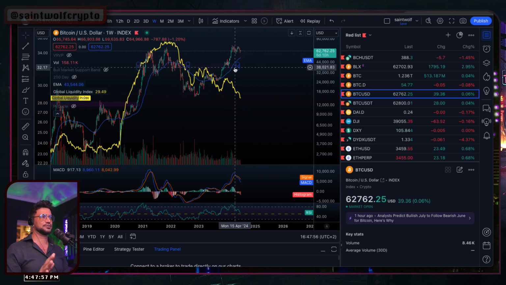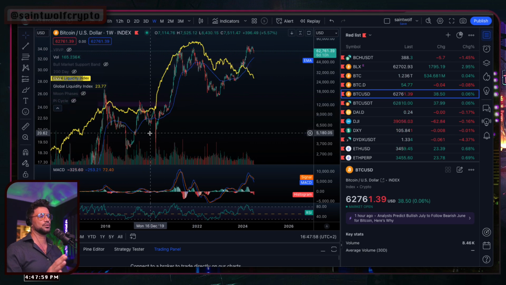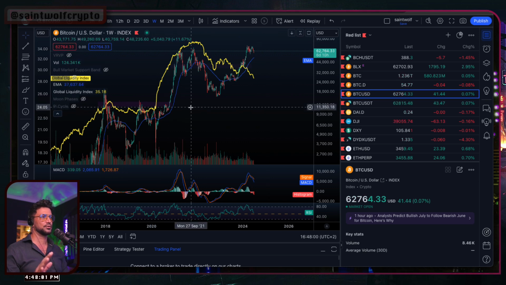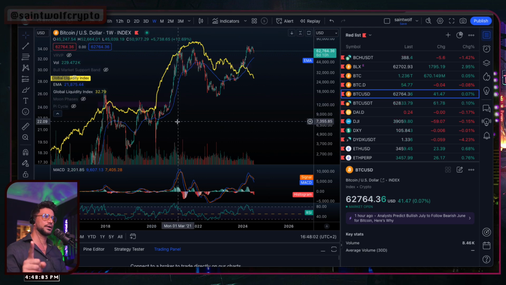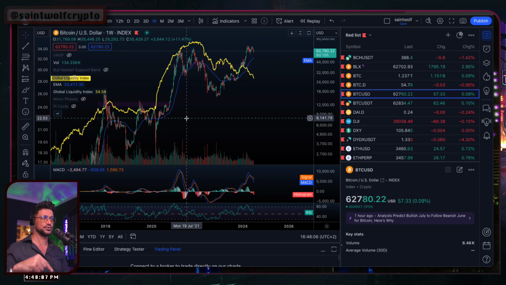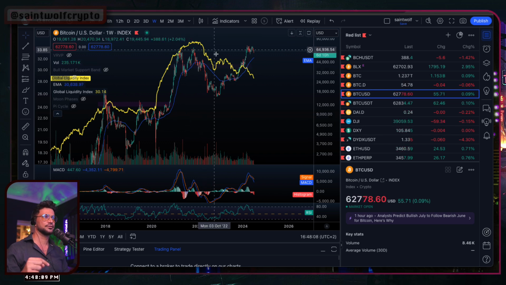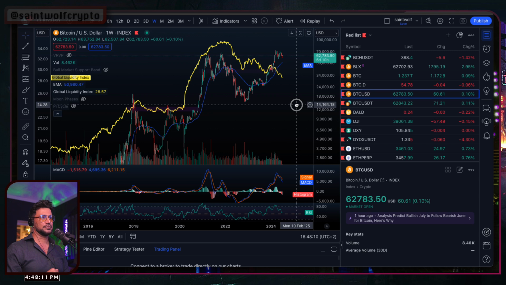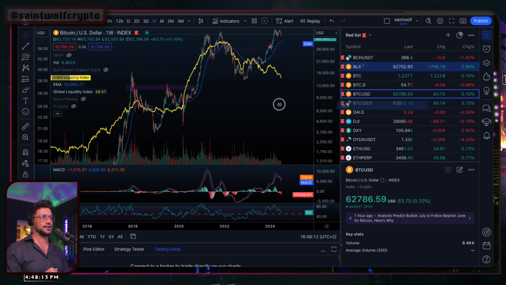But we have not tested this 52-week EMA, and usually when we do in the past, we end up taking off on a bull run, but the GLI is always going in the opposite direction from how it is now when it does that. And right now the GLI is pointing straight down, and it's been heading straight down for quite a long time. And does it need to go up? Yes. It's not going to go down forever. It needs to go up.